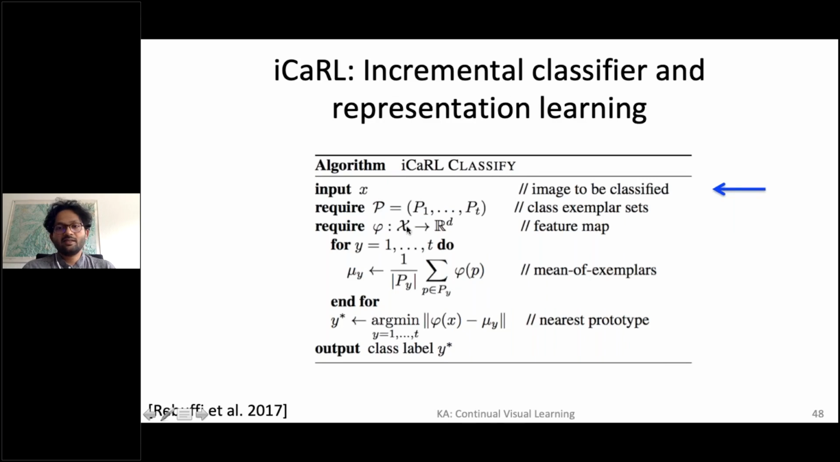It's a simple classifier where what we do is compute the mean of each of these classes or tasks, right? So you have T tasks in your exemplar set. Now you take all of the samples in P1 and compute their mean, which gives you a respective mean mu y for a task Ty. Okay, and then for a given sample